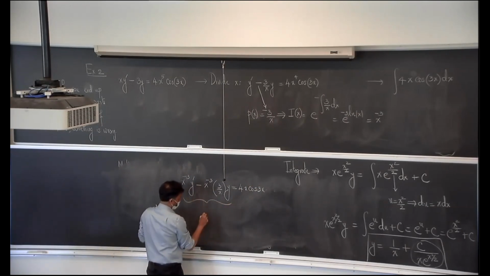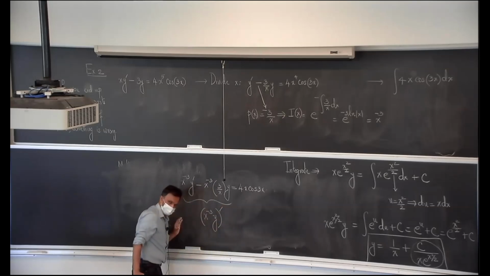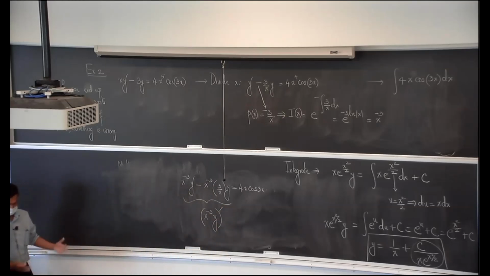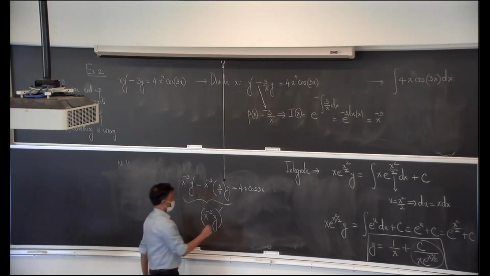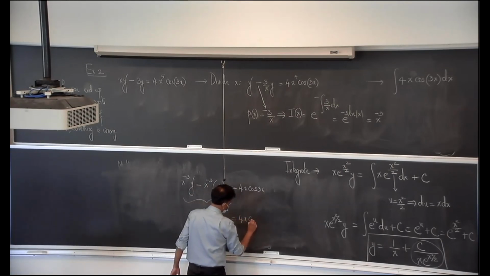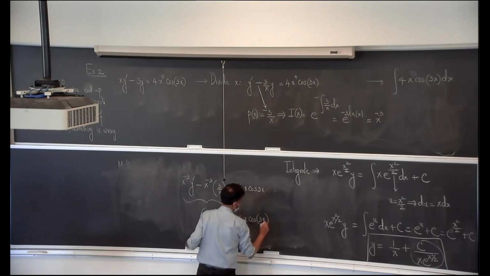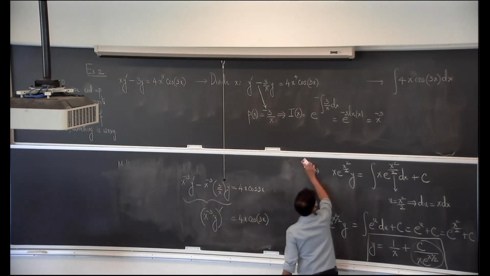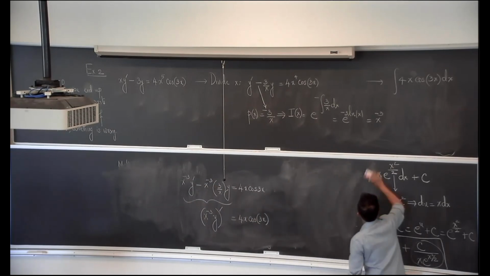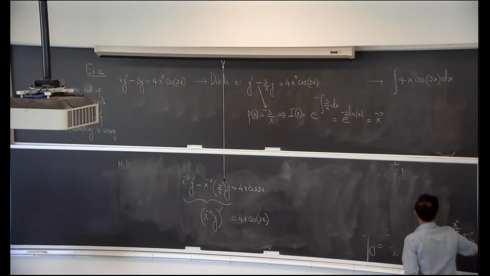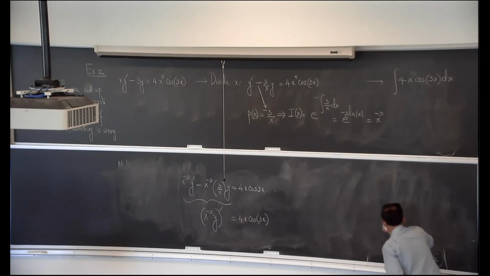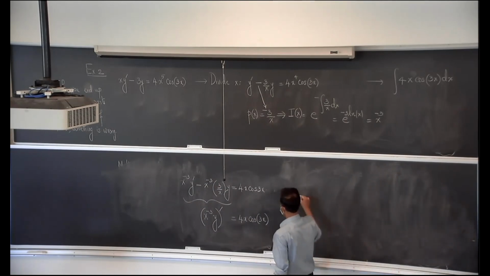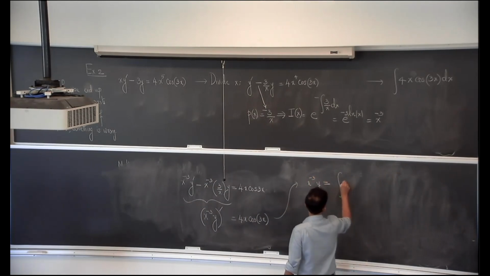And I think at this point, all of you know that this is x to the power of negative 3 times y prime. We've been through this now so many times. And that's equal to 4x cosine 3x. Integrate both sides. So x to the power of negative 3 times y equal to